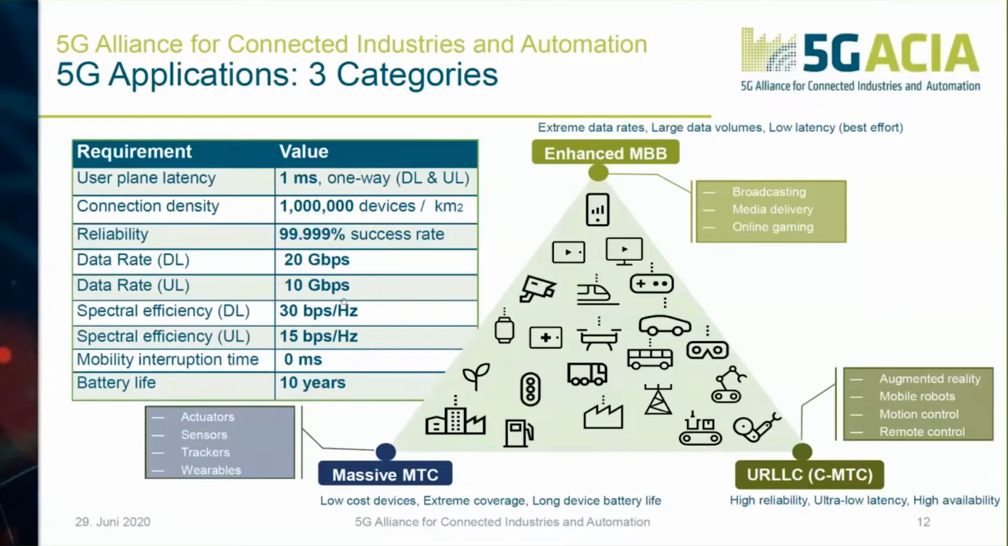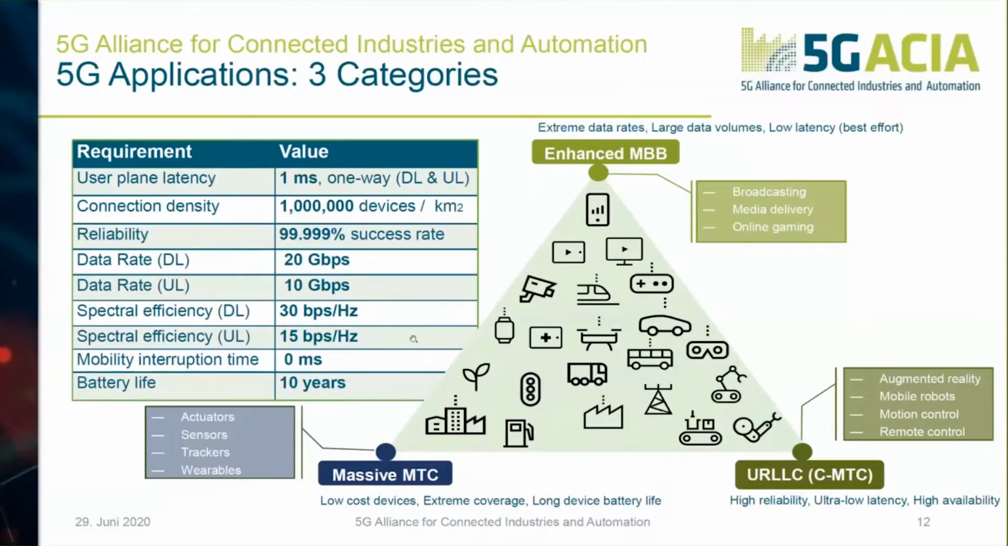The peak spectral efficiency required is 30, but you can even achieve up to 44 by using, for example, 256 QAM, etc. And not to forget the battery life, and of course to have a smooth transition. That's why mobility interruption should be very, very low. And now, if these are the applications,